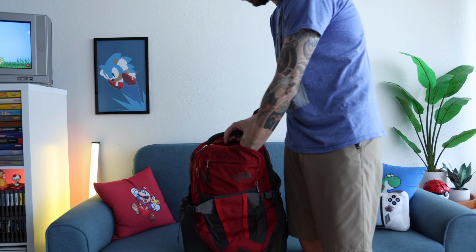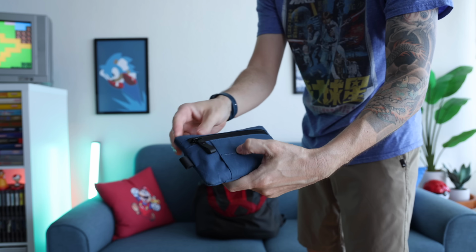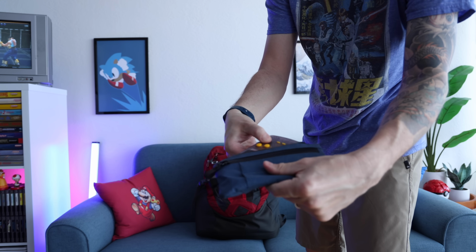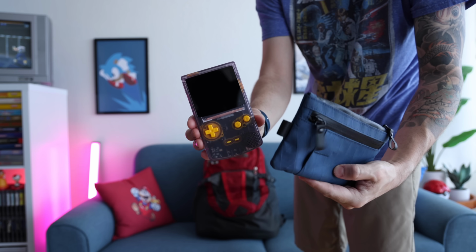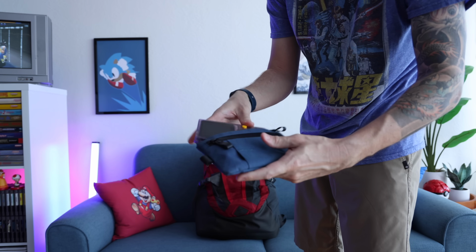Now, as far as other gaming devices are concerned, I did bring a couple others. One of them was actually my FPGA GBC. And I didn't really bring this to play it, even though I think it would be a great travel companion. I really just wanted to use it in the thumbnail because I knew I was going to be taking a picture in front of the Nintendo store, and I thought this would be a great match. And I do think it's always good to bring a small handheld with you, which is why I brought one more, which is the Anbernic